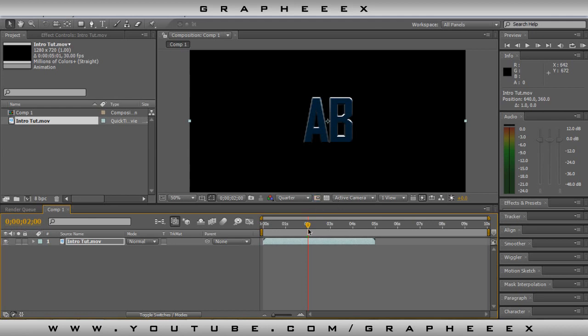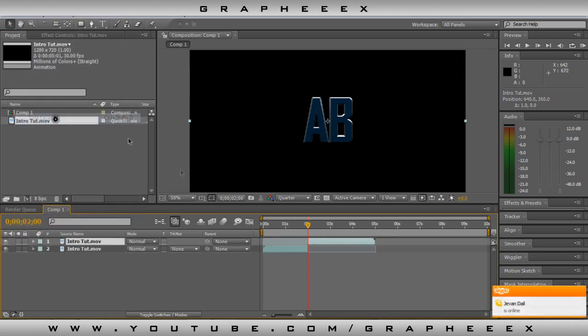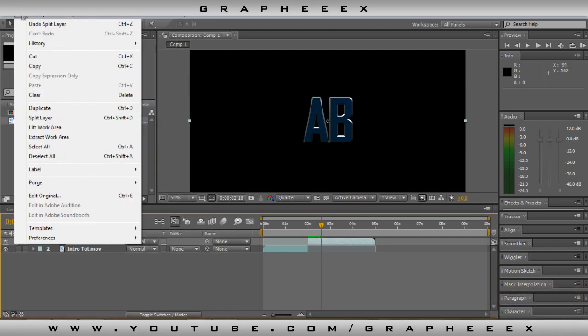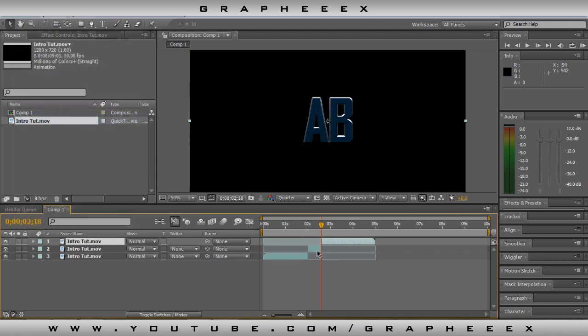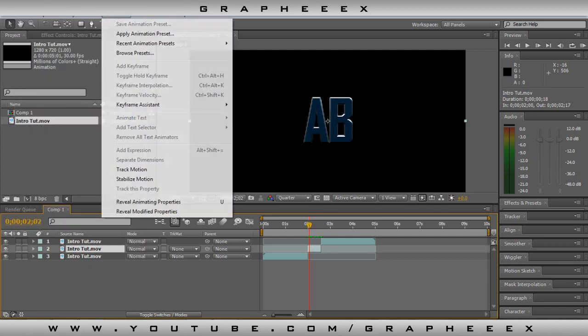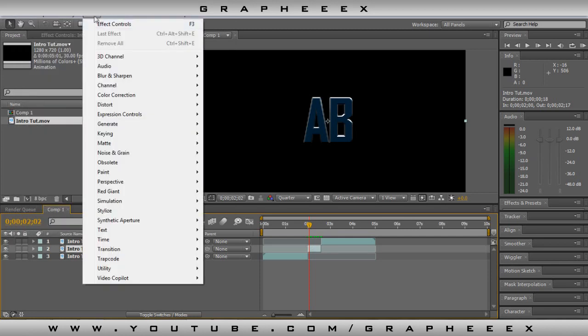When you head over to where they end, as you can see, it's at about 2 seconds. Then you want to go into Edit, Split Layer, and that's where the twitch will start. Go to about half a second later, or just a bit more than half a second, and split the layer again. So Edit, Split Layer, and now add a twitch to this little layer which we got. Click on that layer which you've just cut out, and head over to Effects,